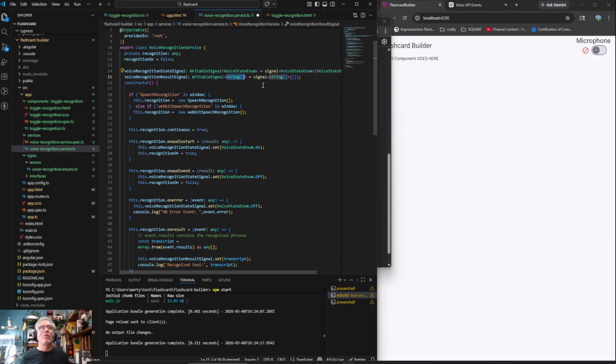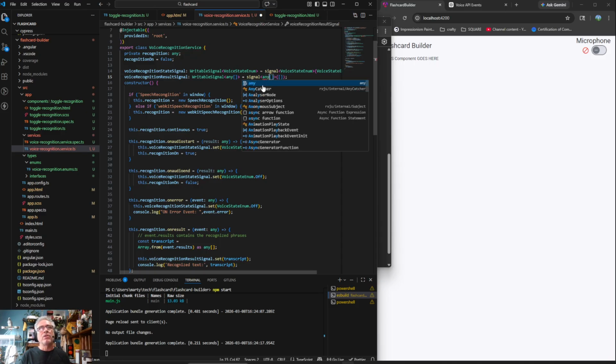And I don't even know how that was working. I guess maybe that object must have a toString event. Now you might wonder why we're using an array over just any, because any does cover